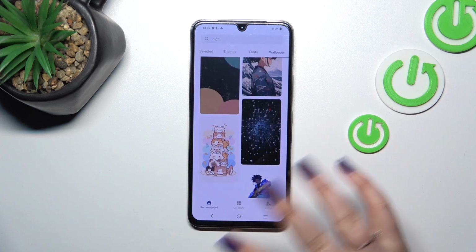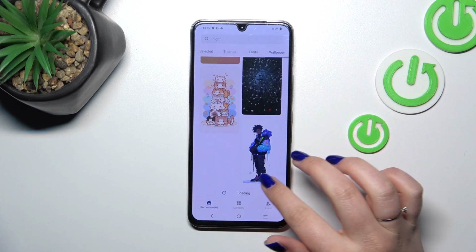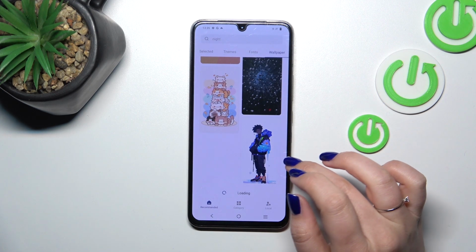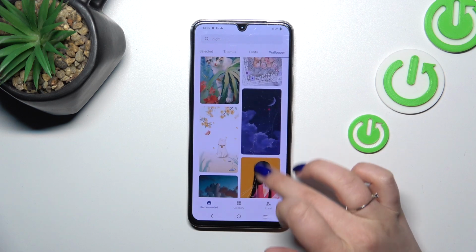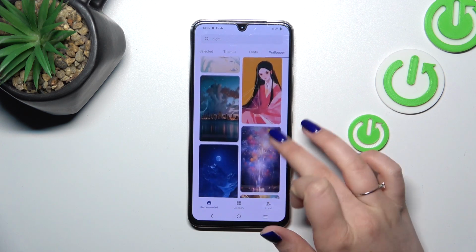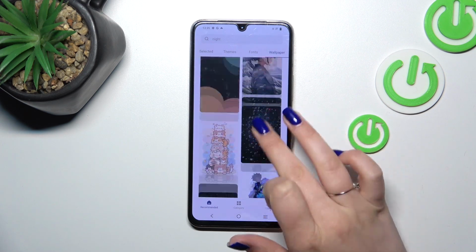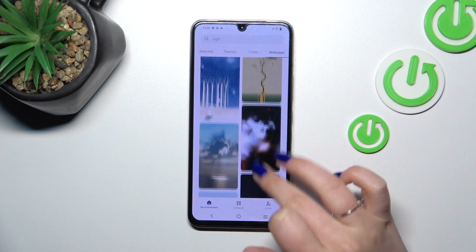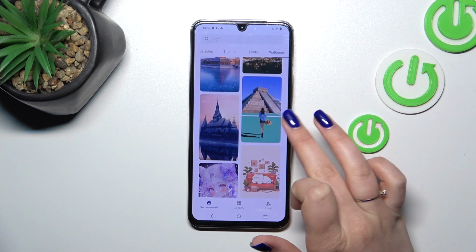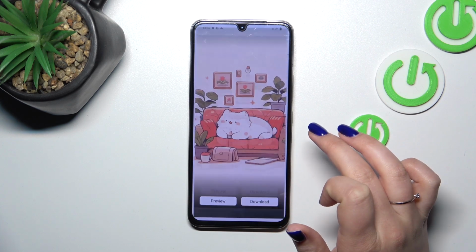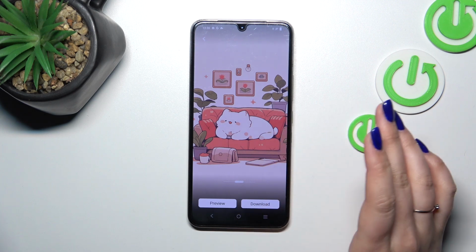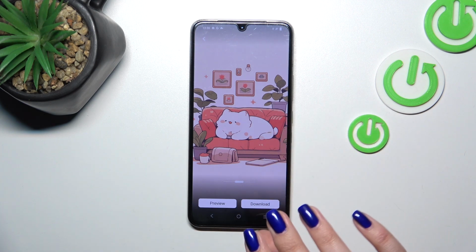And again, because we've got a lot of pretty options, I've got some problems with choosing the wallpaper. So let me choose. Maybe I saw this cute car here. Let me quickly tap on it. Maybe this one. Is it a cat? I think so. So as you can see, after tapping on the wallpaper, you will be able to apply it